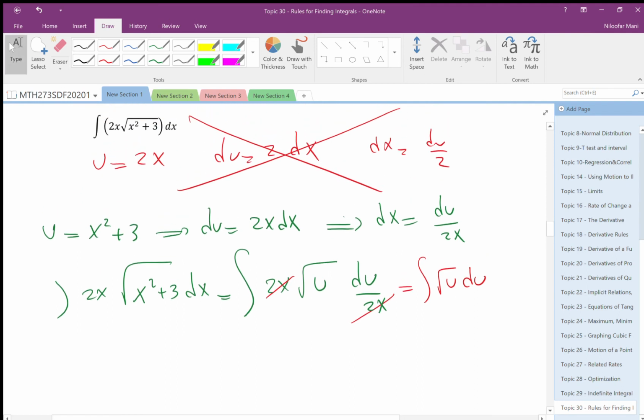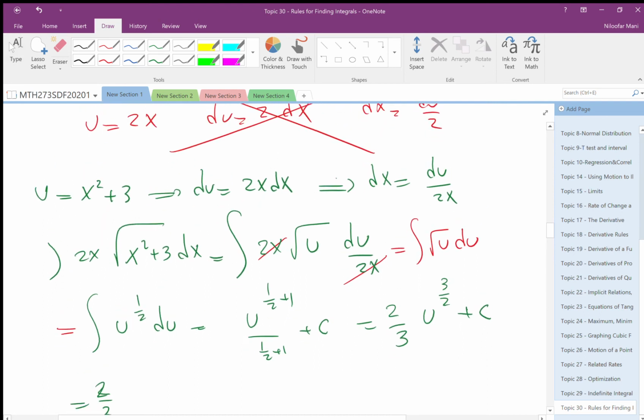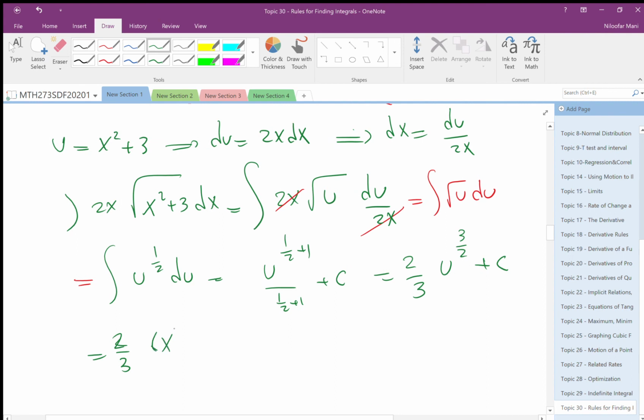That's good. So now I have the integral of u to the power 1/2 du, which is u power 1/2 plus 1 divided by 1/2 plus 1, plus c, which is 2/3 u power 3/2 plus c, which is 2/3, what is u? x squared plus 3,